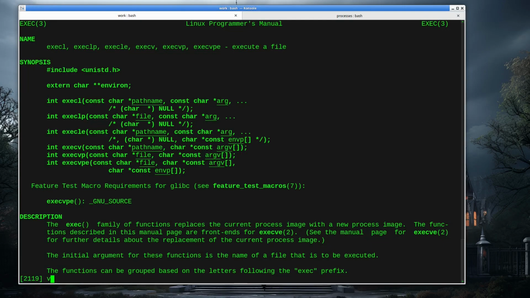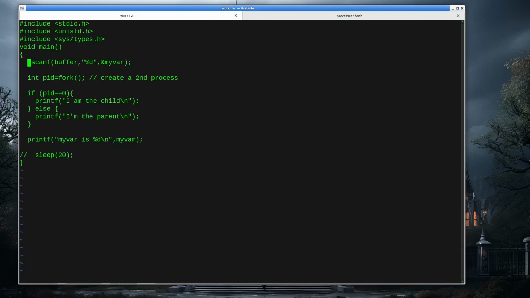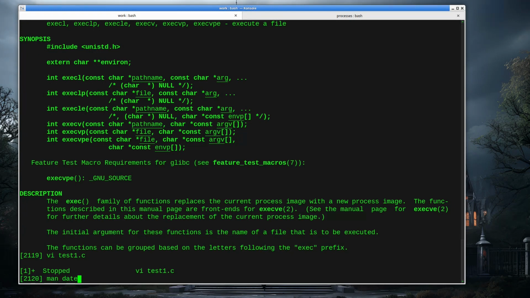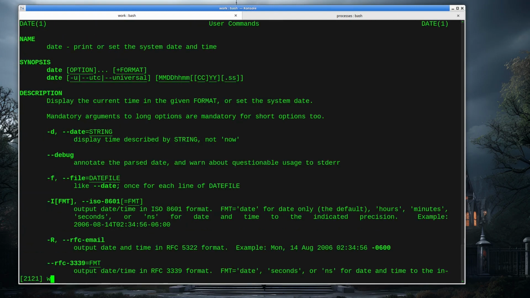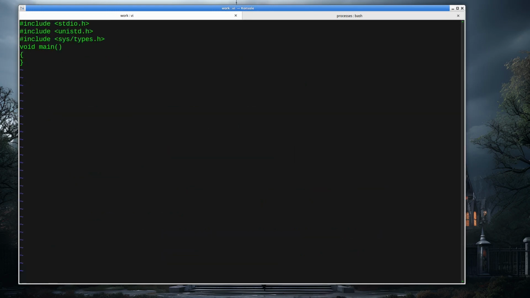We're going to modify our test function, and we're going to use it to execute a totally different command. All right, so I want to run the date command from inside my program. So if I look at, let me just do which date. If I say which date, date is sitting under /bin/date. All right, well, there's a really easy way to do this. I can say system /bin/date,